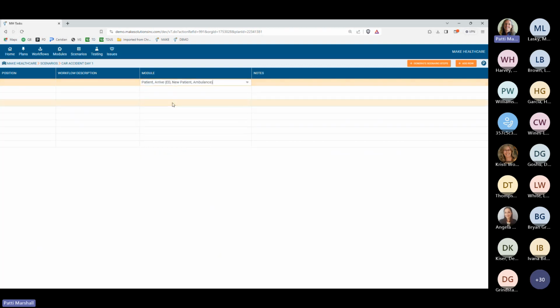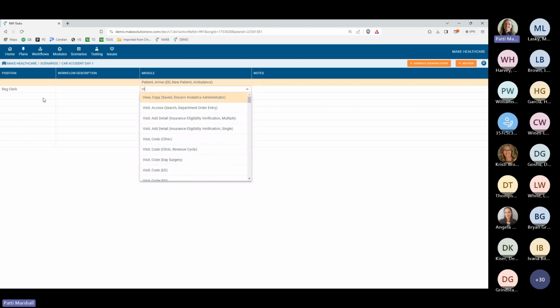So that's the patient arriving. We saw when we looked at that workflow that the positions are already built, so I don't have to put the positions in. If the positions weren't in it, or if I didn't know, I could just type here to choose the position. So now what's going to happen is the visit is going to get modified to complete the quick reg because the